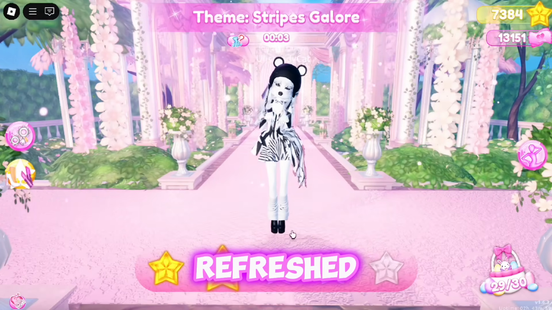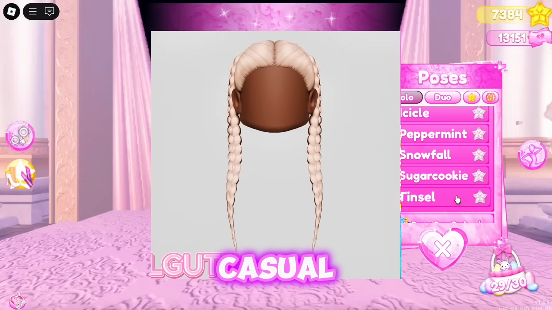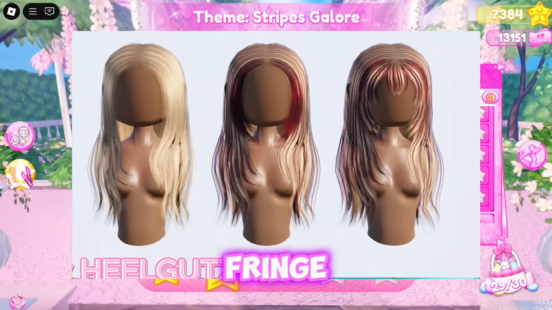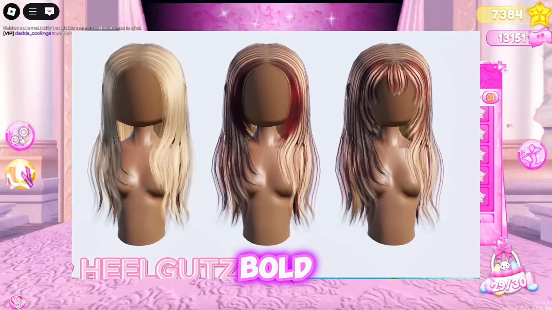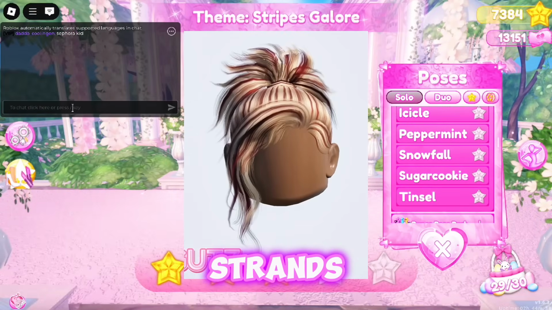Hairstyles are getting refreshed too. The first is a pair of neat braids ideal for school or casual prompts. The second is long wavy hair with a thick fringe and ombre options. The dye menu will offer several gradients so you can play with bold colors. The third is a messy high ponytail with loose strands that adds just the right amount of chaos and has